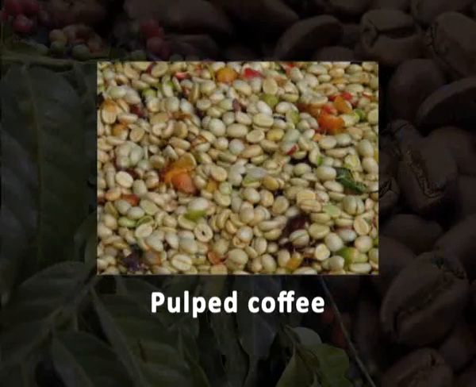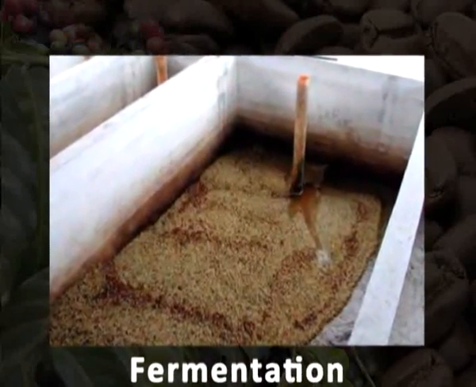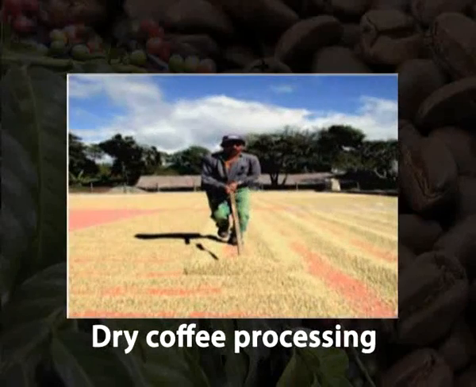The bean will still have a significant amount of pulp clinging to it that needs to be removed. Wet beans are allowed to ferment so that the remainder of the pulp is removed by breaking down the cellulose by fermenting the beans with microbes for several days and then washing them with a large amount of water. Fermentation is not used in machine assisted wet processing, where a machine scrubs off the coffee pulp. Coffee beans are then dried either in the sun or by machine so as to reduce the excess amount of